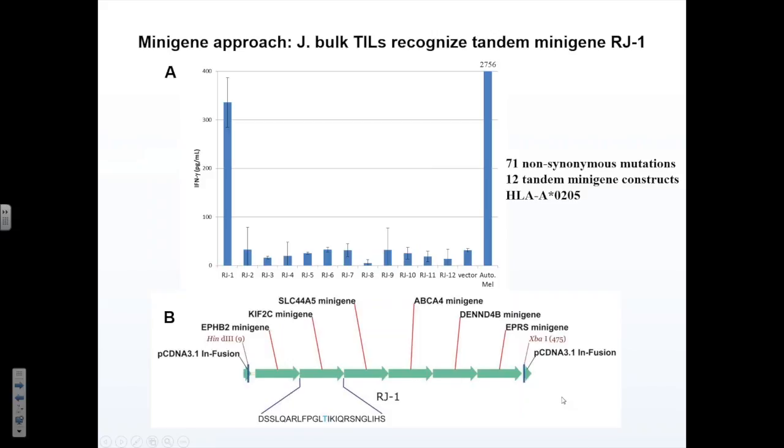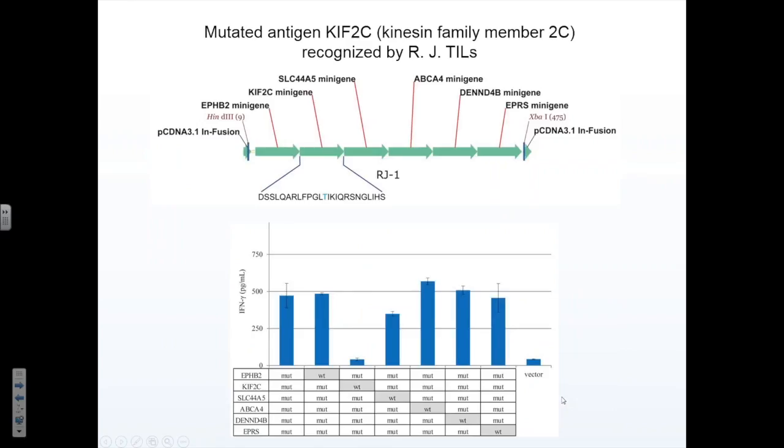Well, how do we determine which one of these 6? Well, what we simply do is just back mutate each one at a time back to wild type so that it's no longer mutated. Well, when all of the 6 genes are mutated, of course, we get recognition by the TIL that caused the regression. When we back mutate this first one, we still get recognition. But when we back mutate this second one, all recognition of this antigen presenting cell is lost, thereby identifying this